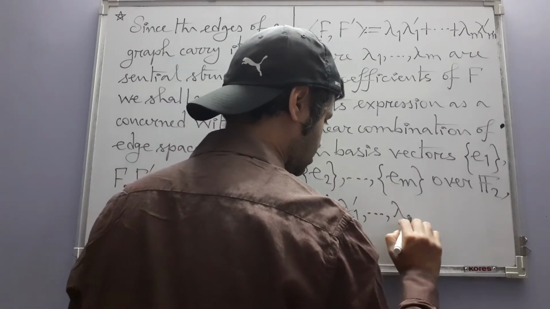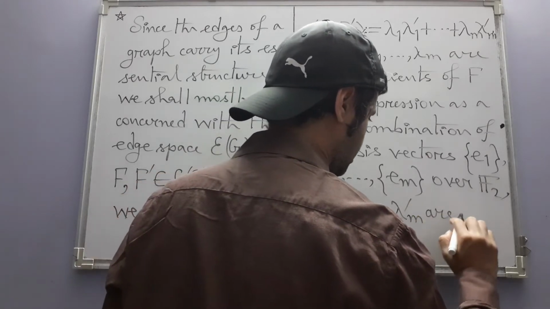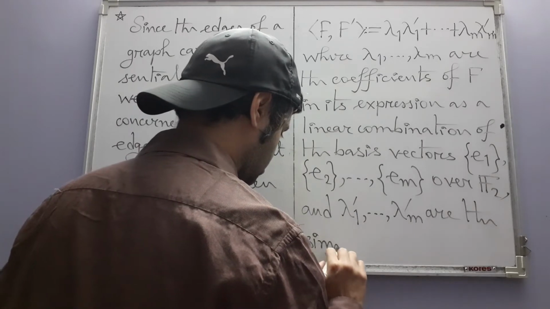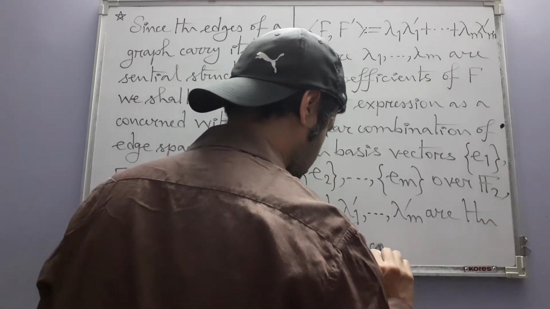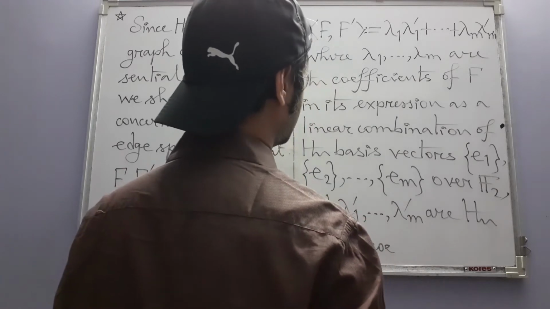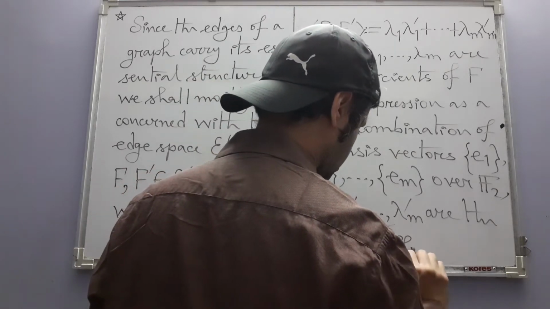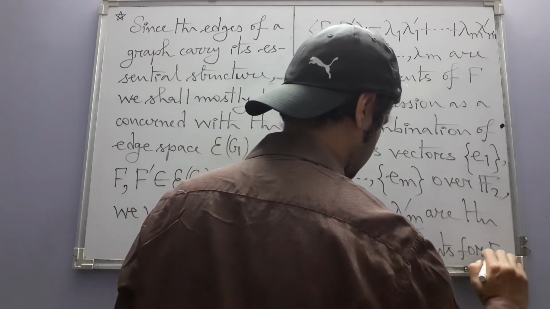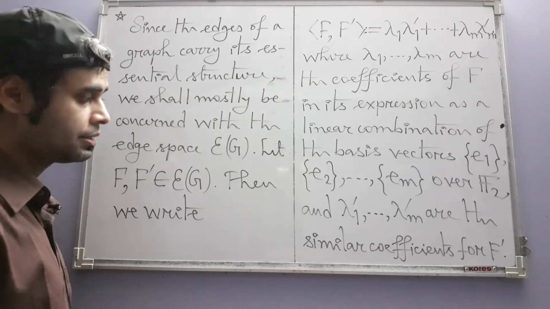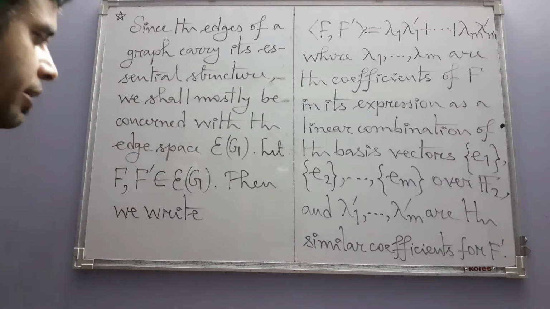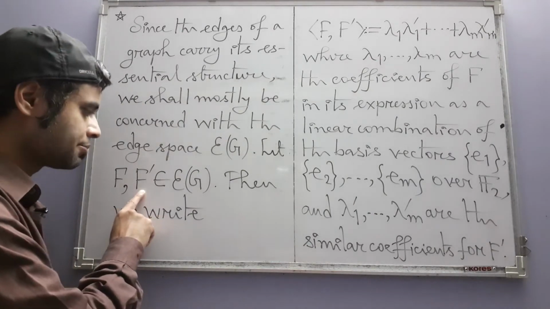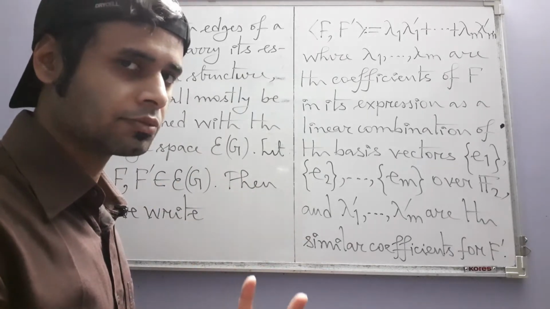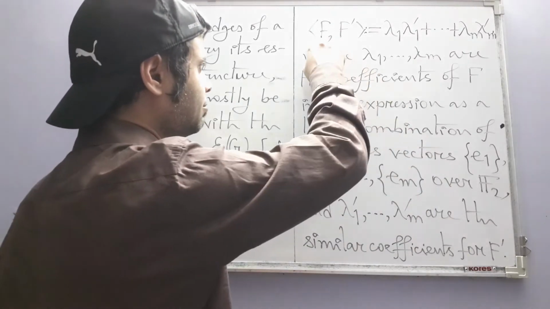Lambda 1 prime, lambda 2 prime, these are the similar coefficients for f prime. So what is it? That means we have considered two subsets of E, the edge set of the graph, and we have formed